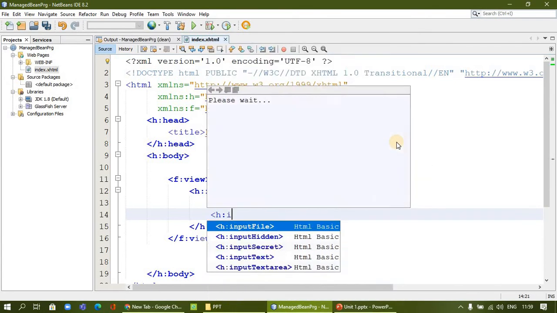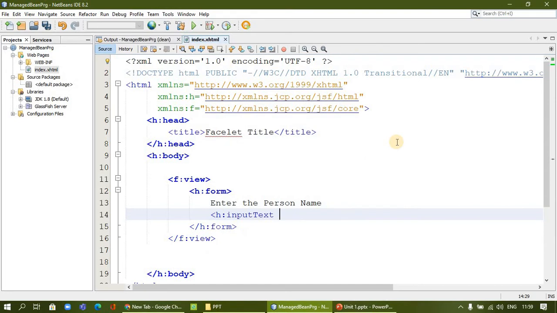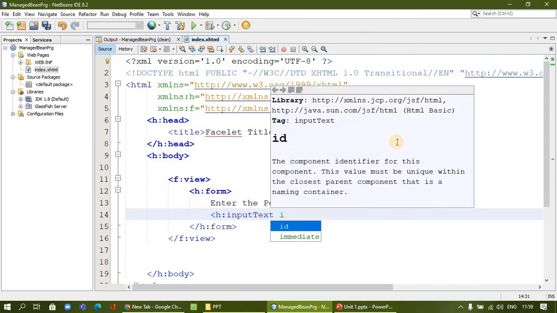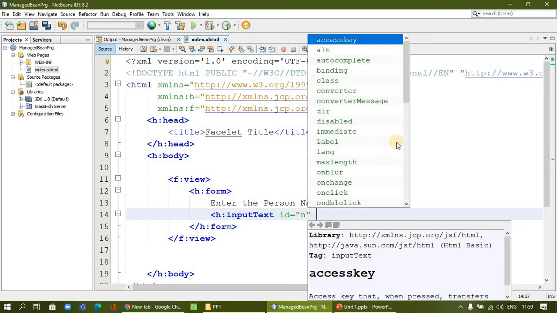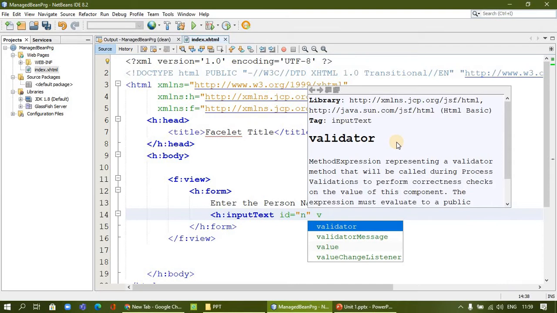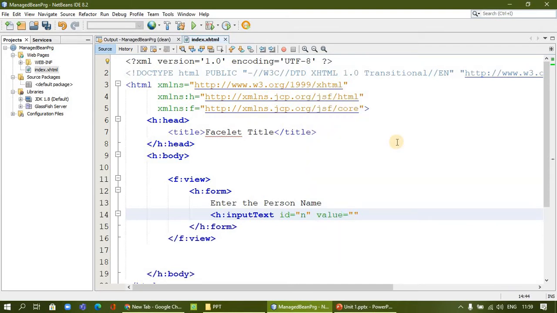I will say inputText, and we are going to give an ID. For example, I say this is input1, maybe name is n, and we will get the value. The value I will assign later, and just press slash, and the tag will be ended.